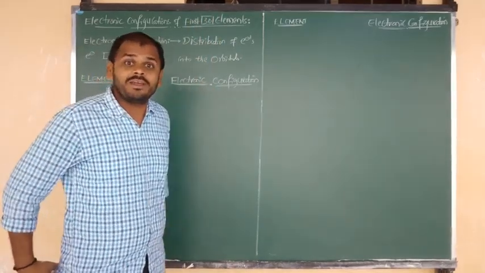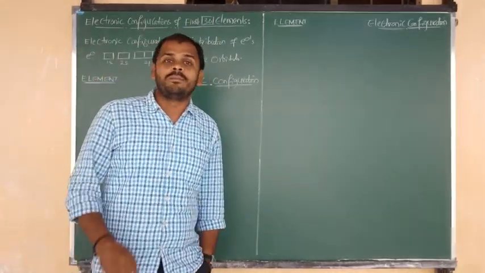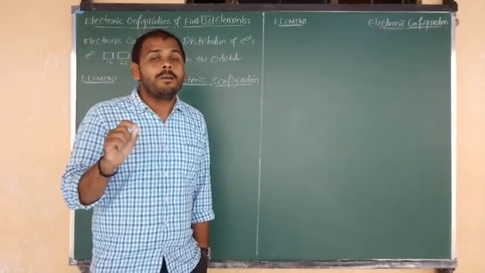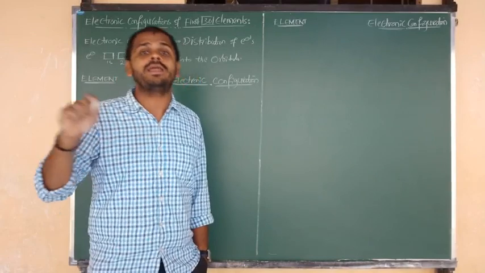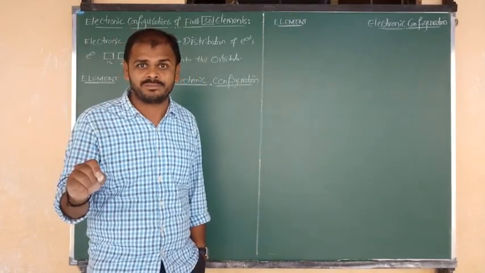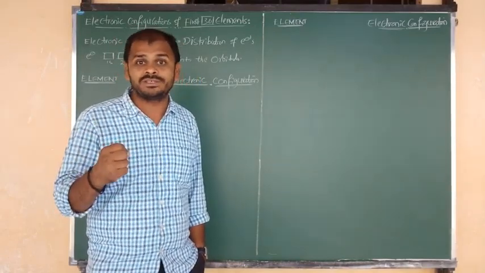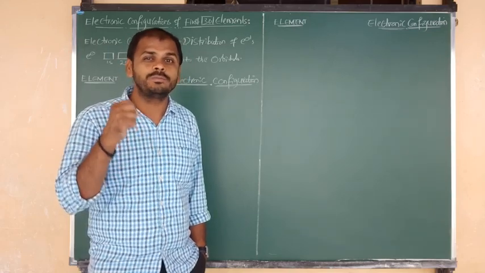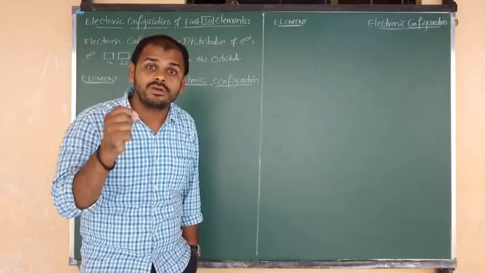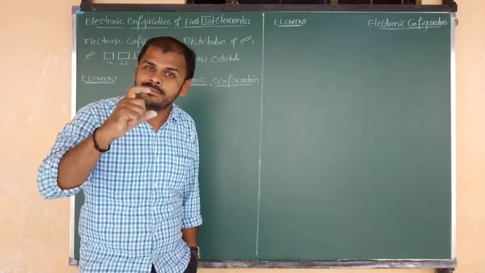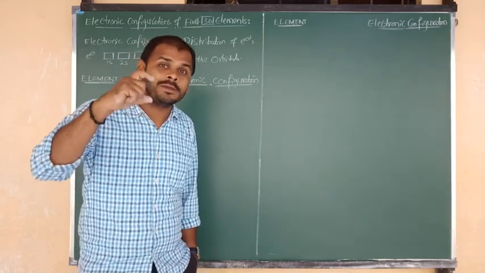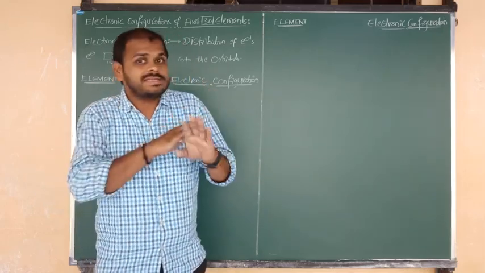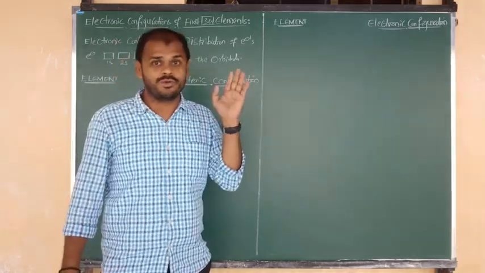You may know very well, beta, that there are 118 elements in the periodic table, but you don't need to remember the electronic configuration of all 118 elements. According to my point of view, you should be very familiar with the first 30 elements: their symbols, atomic numbers, mass numbers, and electronic configurations. This is enough for you, and it will be very useful to you.